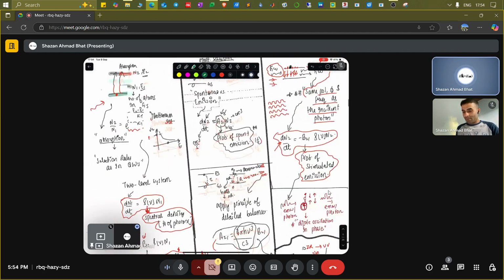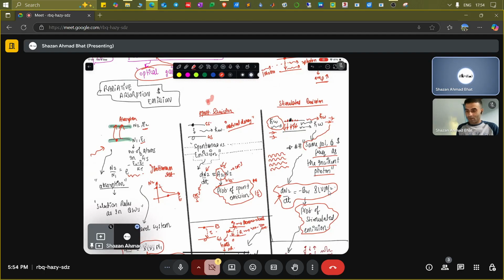Now, if you talk about this particular spontaneous emission, to be honest, in actual sense, the spontaneous emission is almost like a stimulated emission. The only difference is that in stimulated emission, you need some external stimulus to bring the atoms or the electrons from the higher energy states toward lower energy all simultaneously. But in spontaneous emission, it happens by its own. That is what we had understood. But when you go into quantum mechanics, it turns out that's not the case. Nothing in the universe just happens by its own. It turns out that spontaneous emission basically happens because